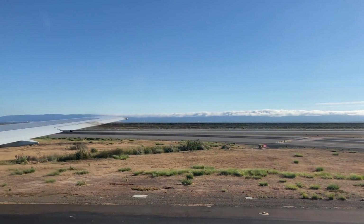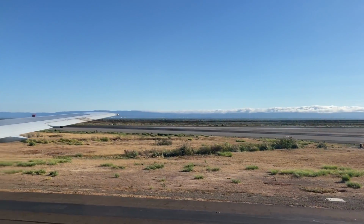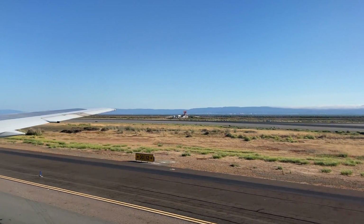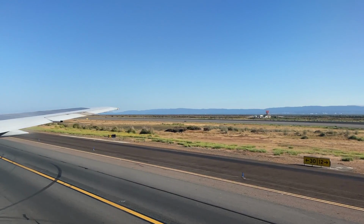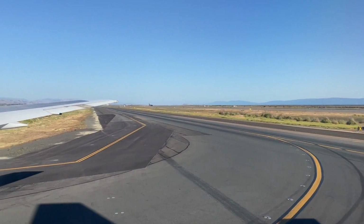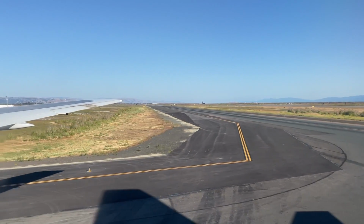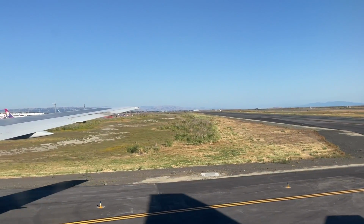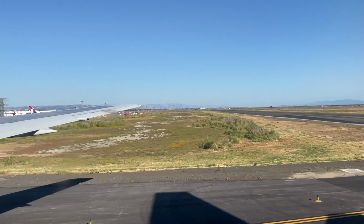Ladies and gentlemen, welcome to the United States of America. We have just landed at the Oakland International Airport. The local time is 6 p.m. Please remain seated with your seatbelt fastened until the sign has been turned off and the aircraft has come to a complete stop. Please be careful when opening the overhead bins, as items may have moved. When leaving the aircraft, ensure that...